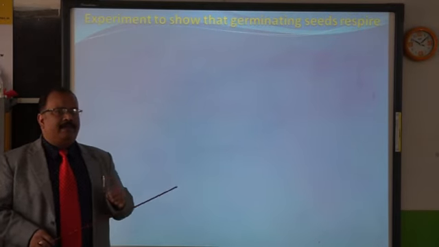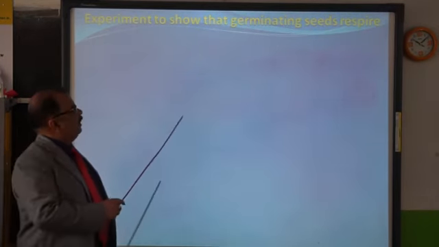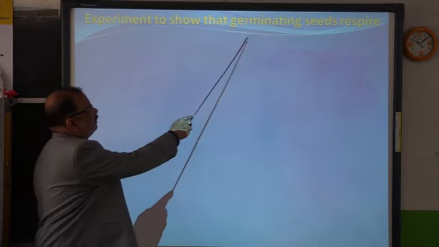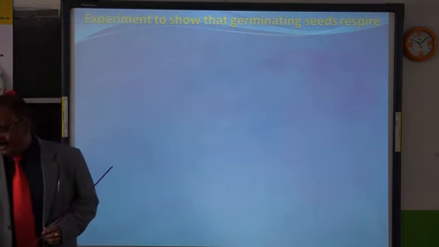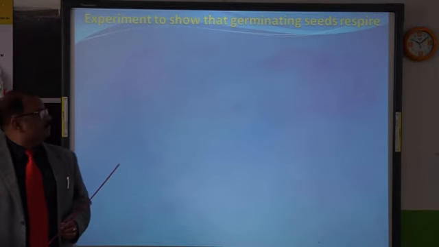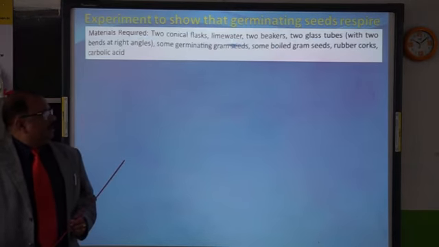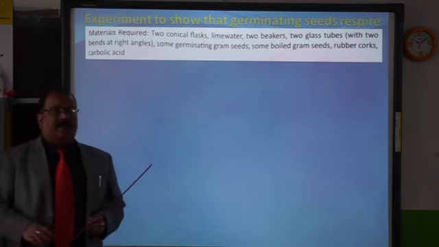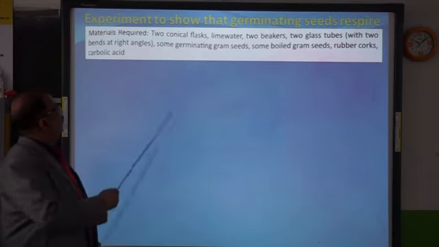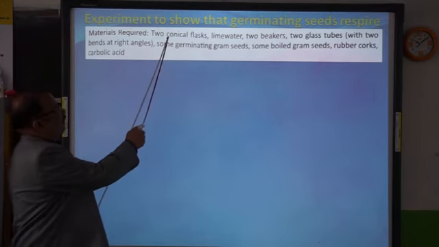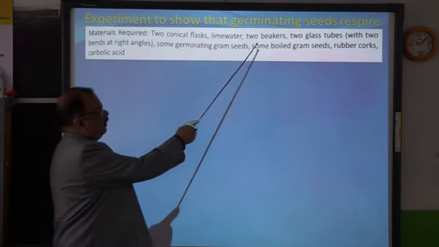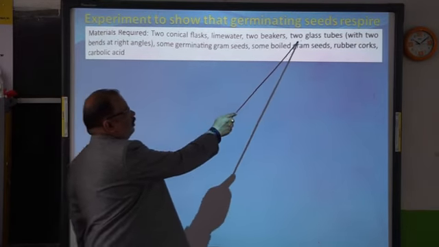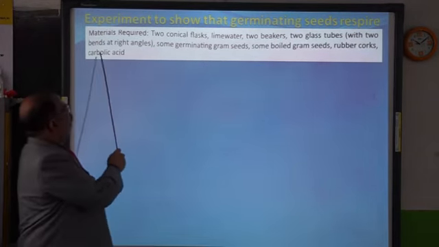Now we will be doing a very small experiment to show that germinating seeds respire. Okay? Germinating seeds, these are also part of the plants. Just like other experiments, here we require some materials. So what are the materials required? 2 conical flasks, lime water, that is freshly prepared lime water, 2 beakers, and 2 glass tubes with 2 bends